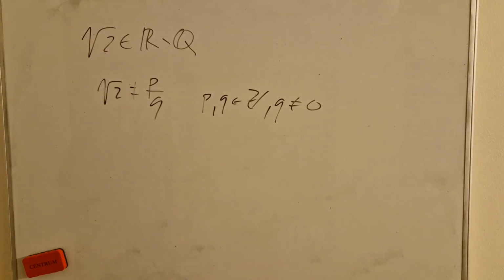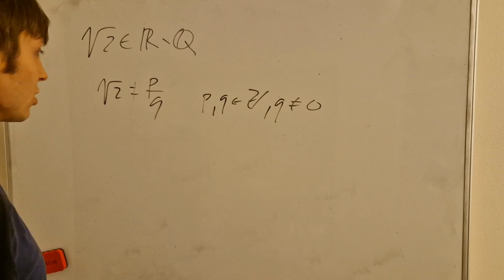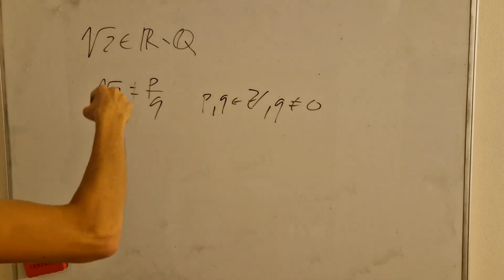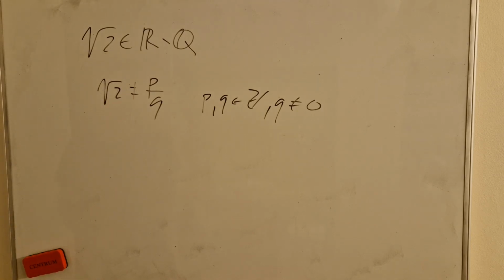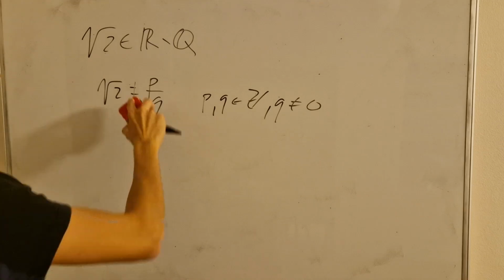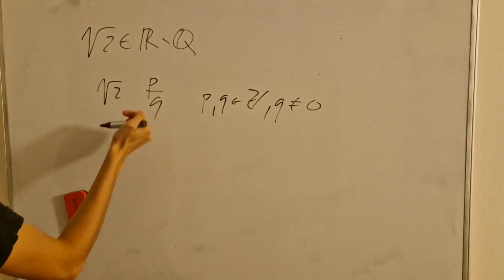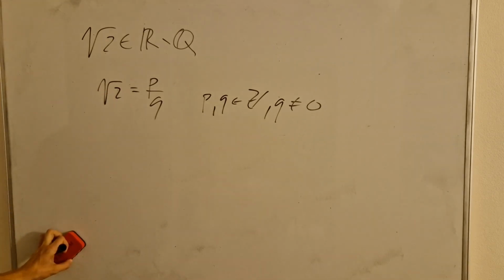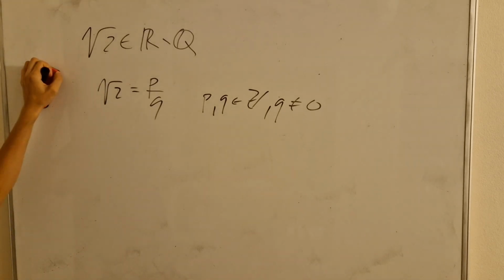Q is not zero in the denominator, but p and q are integers. So a fraction of two integers is a rational number, and a number is irrational if it cannot be described as such. Let's try to prove it. We'll try to prove it by contradicting the claim that it is a rational number. If that assumption is contradicted, that will be the way the